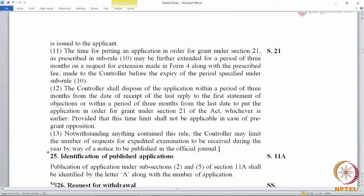Subrule 12 can be seen as the part which closes a loop. If it is an open-ended loop, then there is a possibility that you could say that time can be extended, but in an expedited examination, the controller shall dispose the application within a period of 3 months from the date of receipt of the last reply to the first statement of objection. Now, this statement is simply not there, that there can be a last reply to the first statement of objection is not there in 24B, and there is no timeline in 24B which mandates the controller to dispose the application